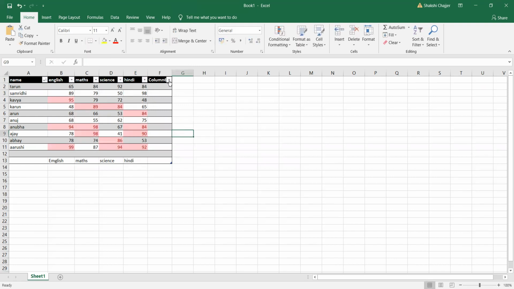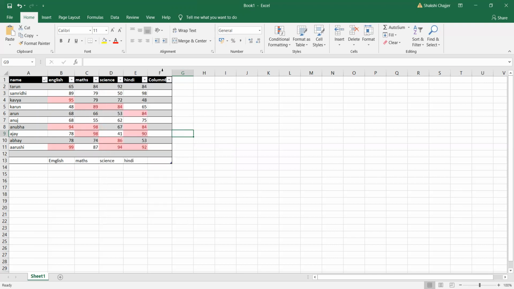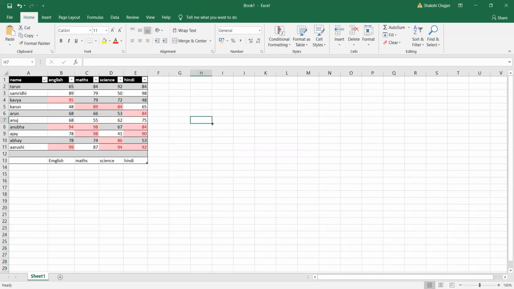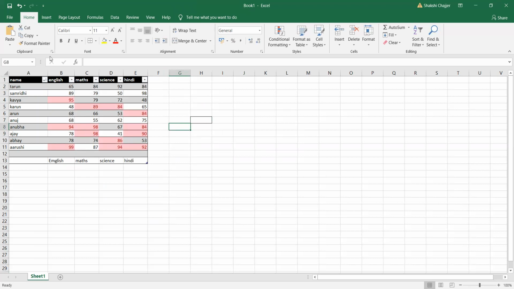Now I do not want this column, so what should I do? I can simply delete it. So this is my table. This is how it's looking, but I want all the borders, so I can go with all borders as well. So this is how my table is going to look.